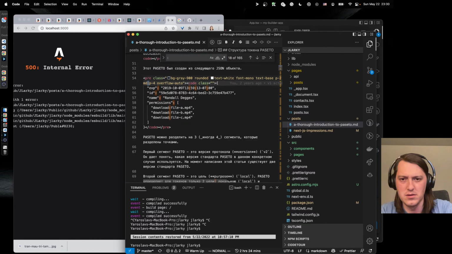Astro compiler unrecoverable error. Okay, let's try to recover from it. I guess that's the esbuild that crashed.